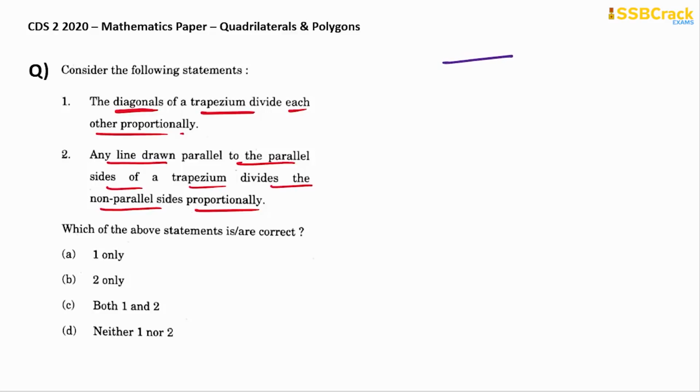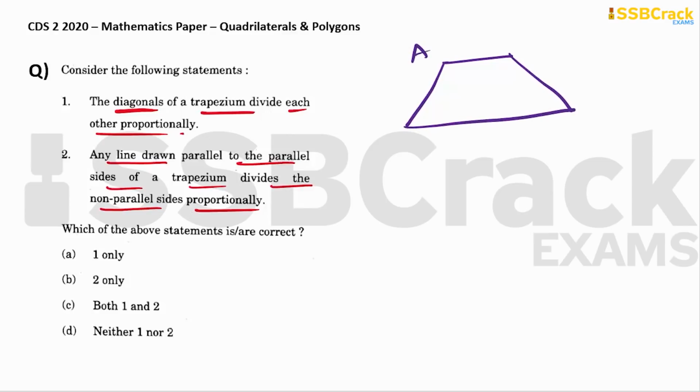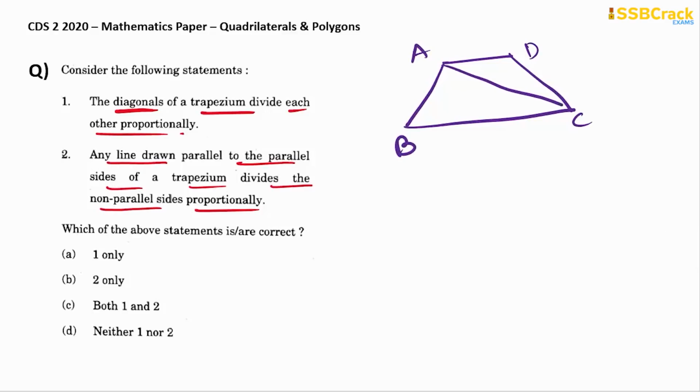Alright, so here we have this trapezium, and in the trapezium we have to consider the diagonal. So a diagonal is a segment connecting the opposite vertices, isn't it? So we have this. So we know that in this trapezium, triangle AOD is similar to triangle BOC. It's very clear by the double A test, because AD is parallel to BC, so we have the alternate angles equal. So we know very clearly here that triangle AOD is similar to triangle COB.